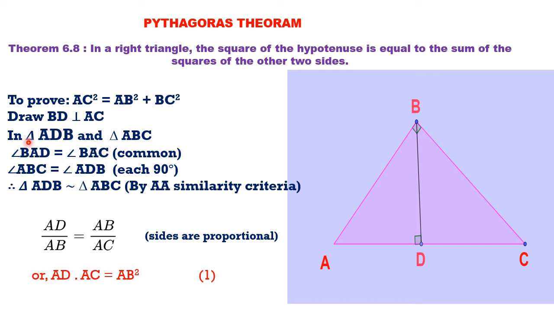You can even watch the triangle and you can even find out the common angle. See, in both triangles, A is common. The letter A is common. So you need not even see the figure. Even from the triangle's name, you can find out which is common. Once you have completed the similarity, you can write ADB similar to triangle ABC by AA similarity criteria.